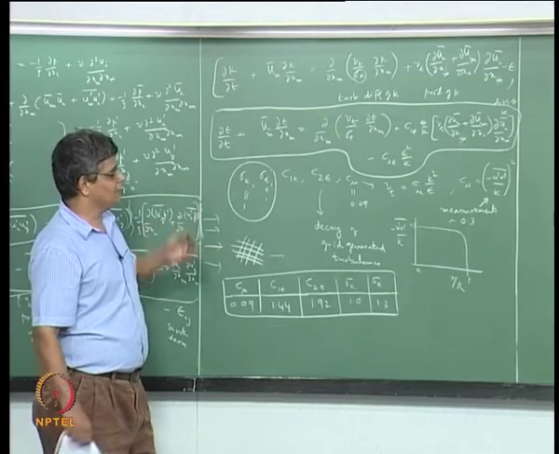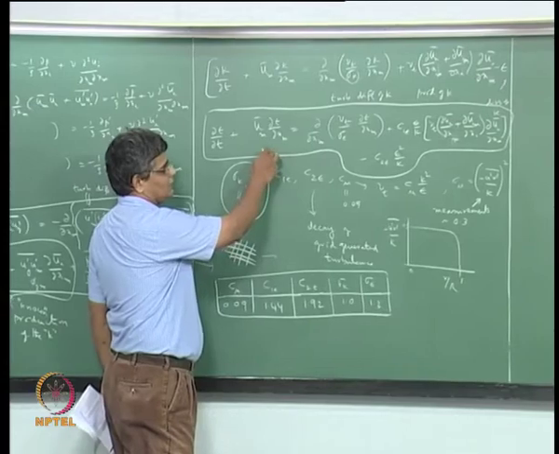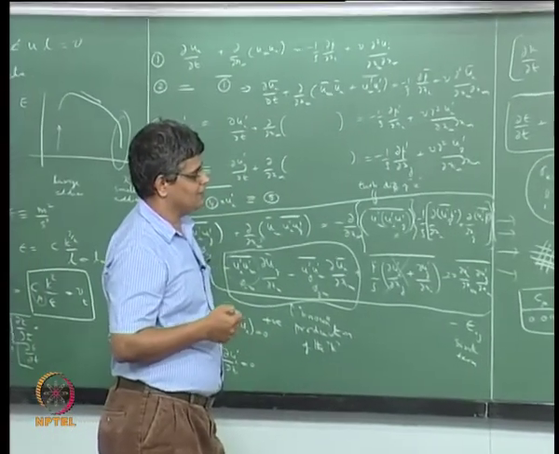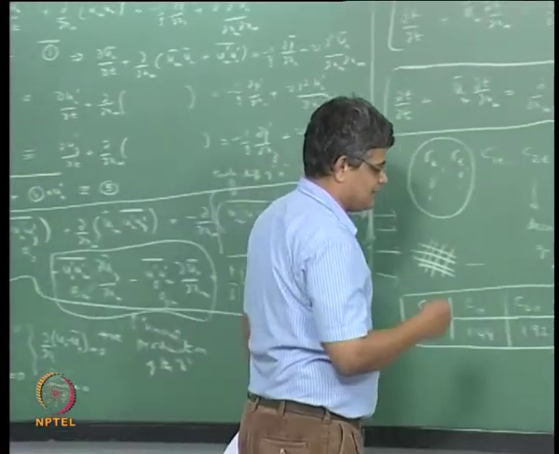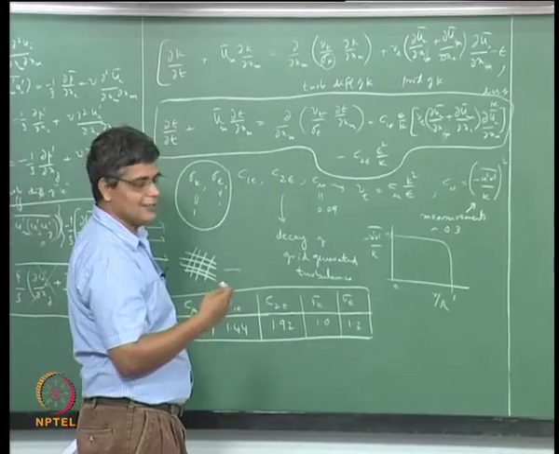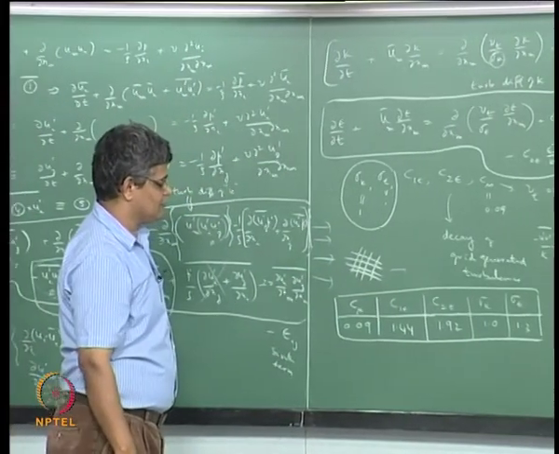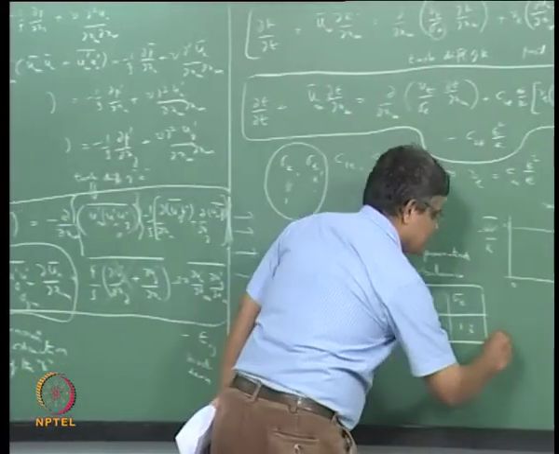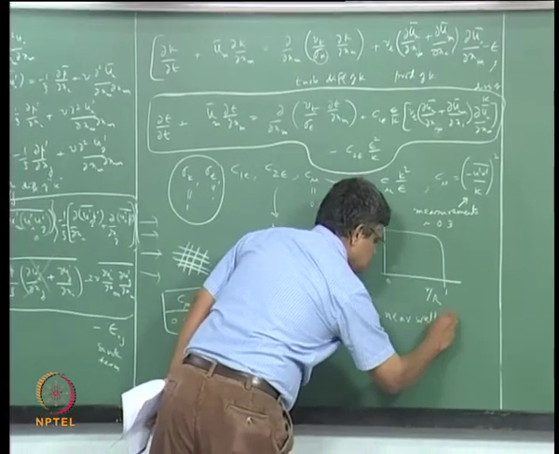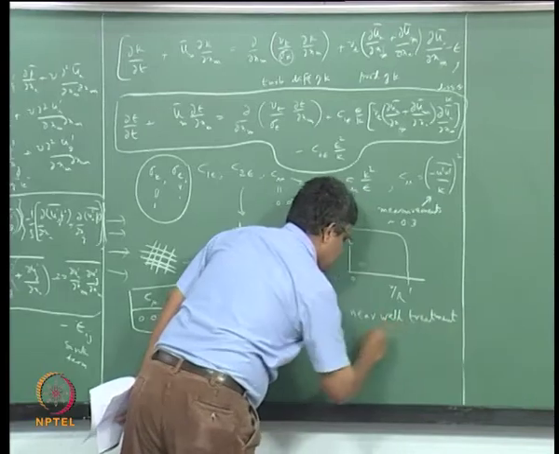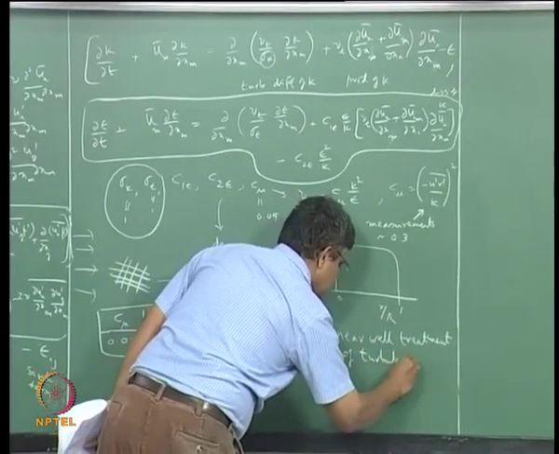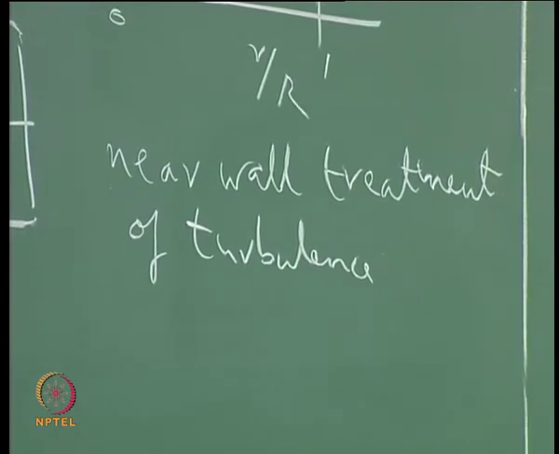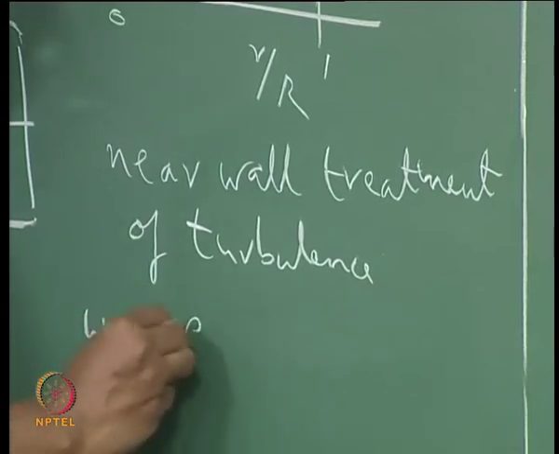The only thing that remains is the boundary condition. There are certain boundary conditions very close to the wall, specifically for k and epsilon, and we have to give some special treatment at the wall, and that forms the subject of a large variety of turbulence models, the near wall turbulence treatment. We do not have that much time in this course to deal with all the turbulence modeling approaches, but we need to do something close to the wall. For near wall treatment of turbulence, I would refer you to standard books on turbulence modeling and advanced fluid mechanics, but one simplistic approach is to use some kind of wall functions